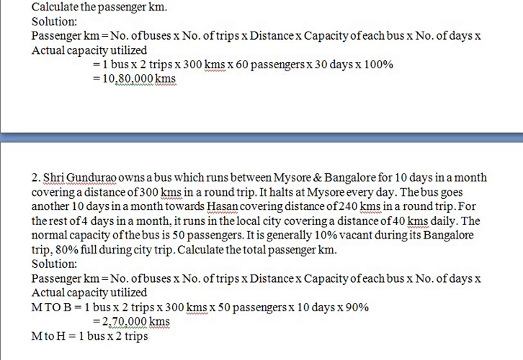How two trips? From Mysore to Hassan and again from Hassan to Mysore. Two trips into distance. Distance here they have given 240 kilometers, 240 kilometers into capacity of each bus is the same, that is 50 passengers into number of days, 10 days,